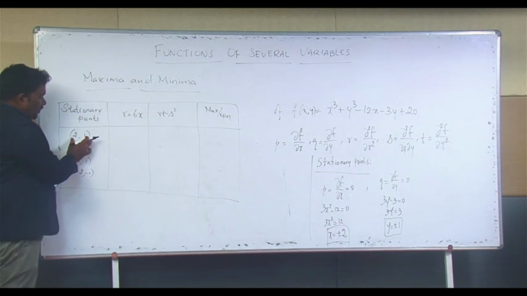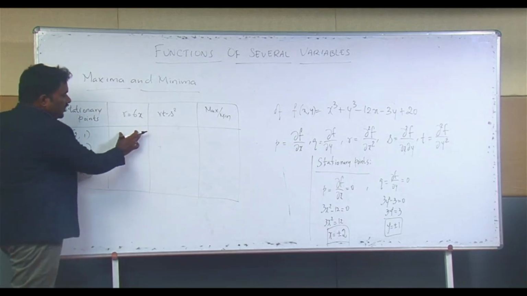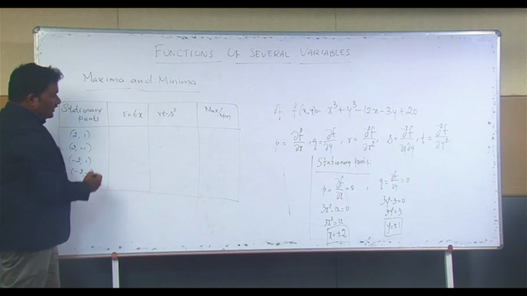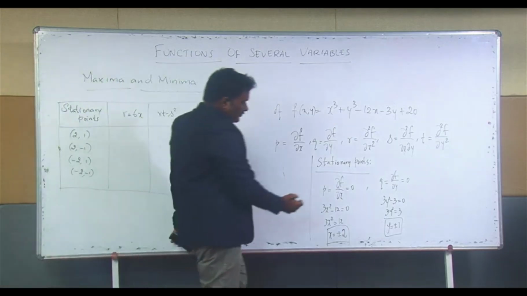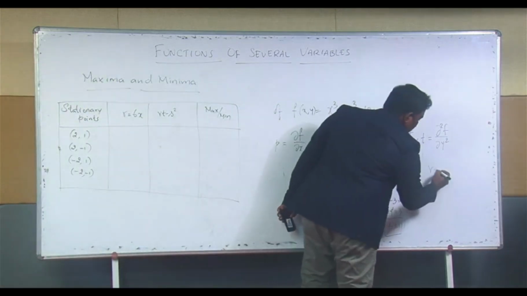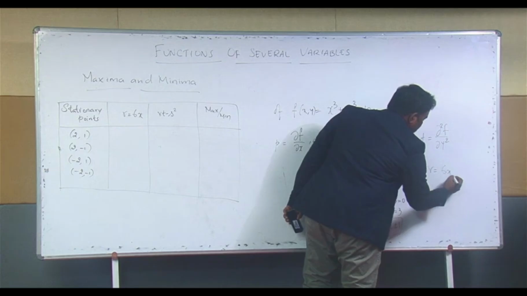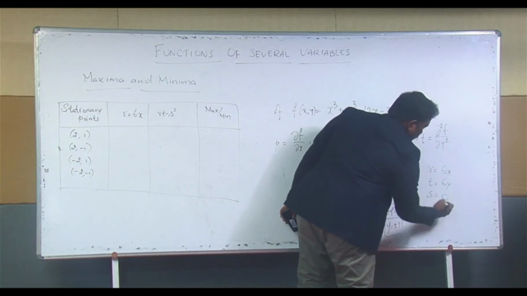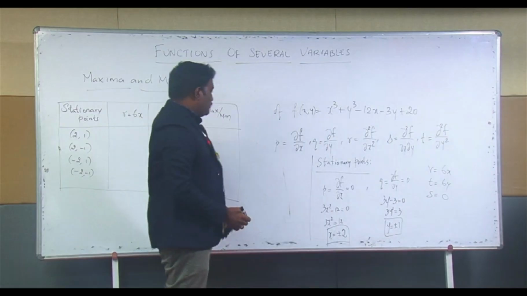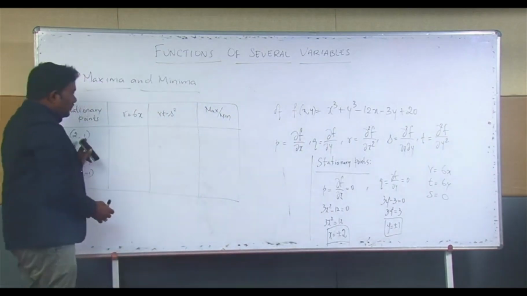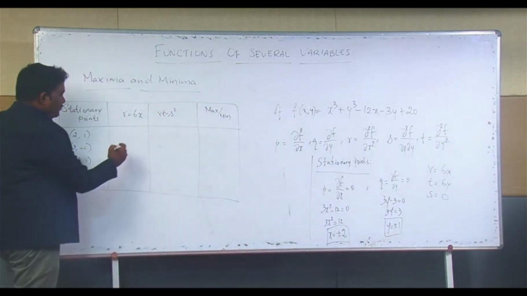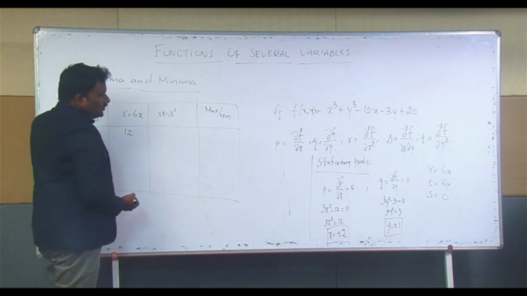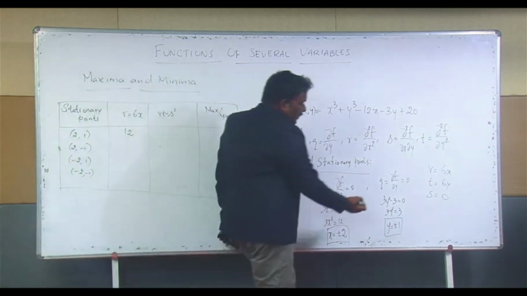So this (2, 1) has to be replaced in the r value and the rt minus s square value. So if you replace, r is 6x, t is 6y and s is 0. This is what we already found out. So if you replace this (2, 1) in the place of r, it becomes 12, and this rt minus s square is nothing but here